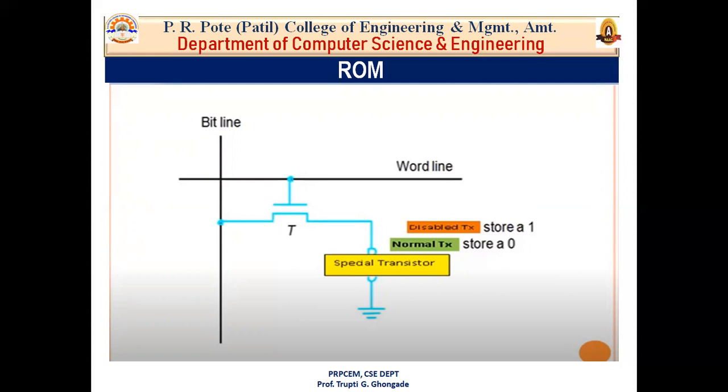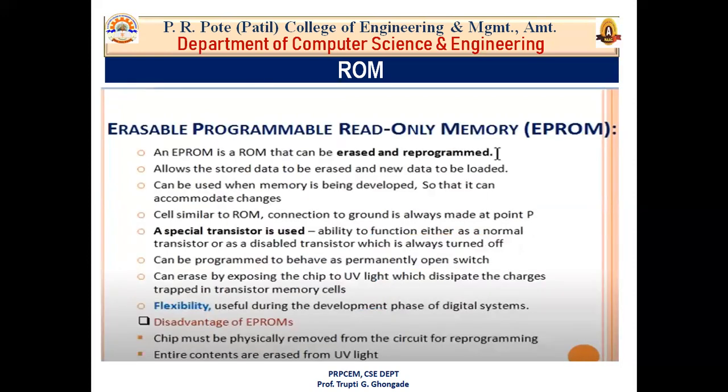Now how is that done? In order to erase this erasable programmable ROM, you have to expose the whole chip, not the cell, to UV light, that is ultraviolet light. The EPROM package is made in such a way that there is a little glass window on the top of the package, and UV light of a specified frequency is shined through this window for a specified period of time, and it will erase the whole content of the EPROM chip.